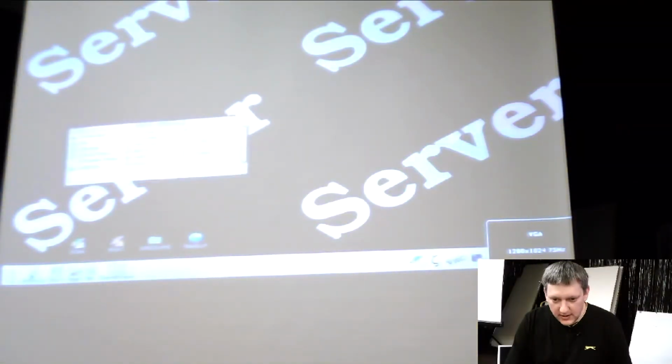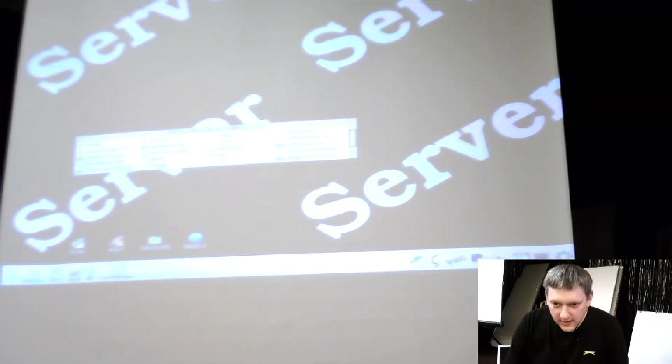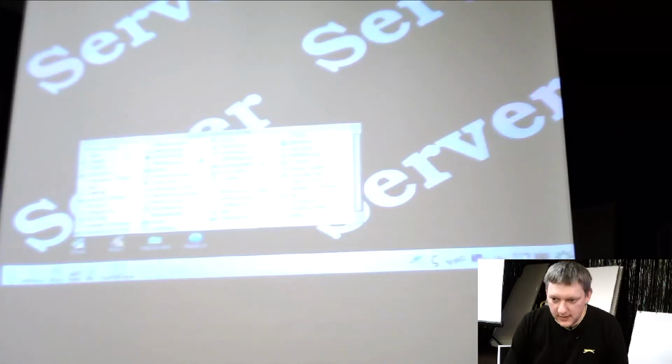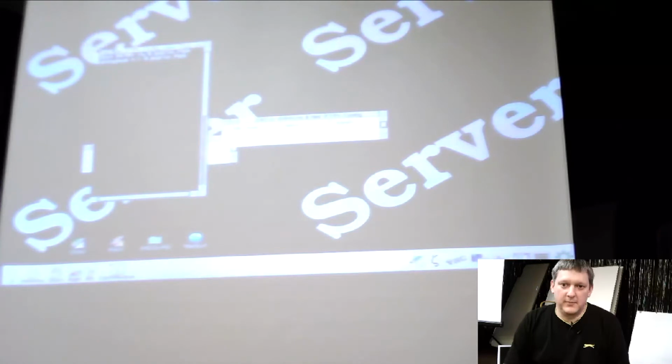So if we have a quick look at the server, I can't actually remember where I put it. There it is. So there's a list of users in there. There's a root user and an anonymous user. You can add your own, and it tells you what folder they log into. So here it's public.ftps, and if I jump back to the client,